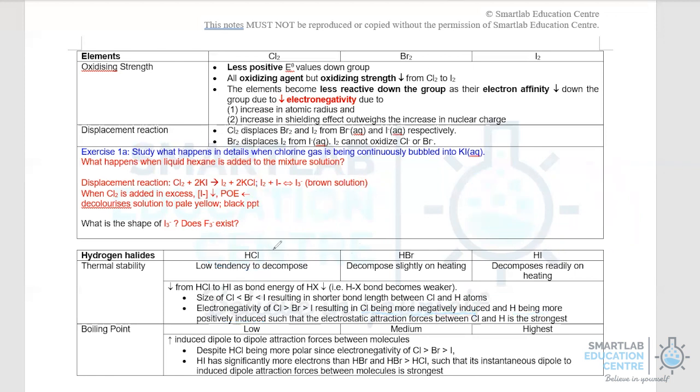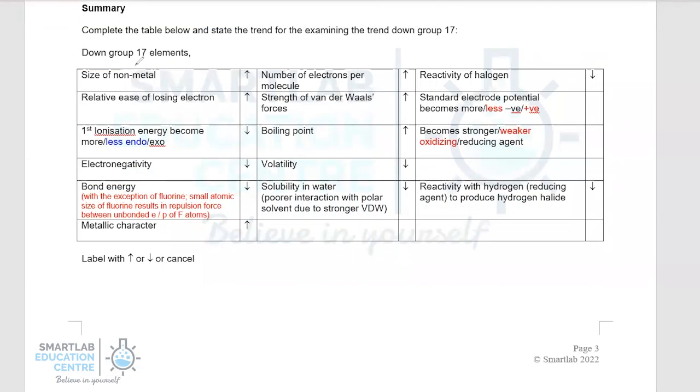So what does it mean if the bond energy is significantly higher? It means HCl is extremely stable, since it's very difficult to break the H to Cl bond, relative to that of HI, where the bond between them will be more easily broken because of the lower bond energy. So in summary, when you go down group 17, the size of the